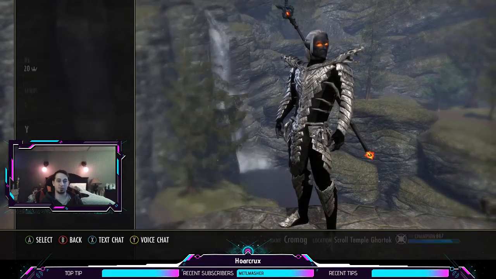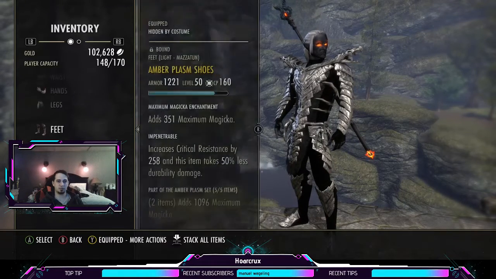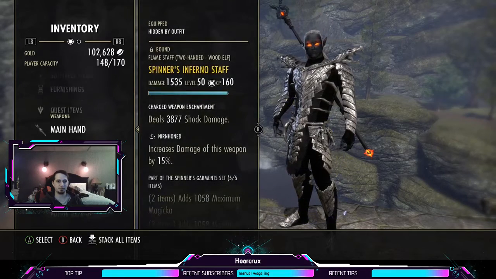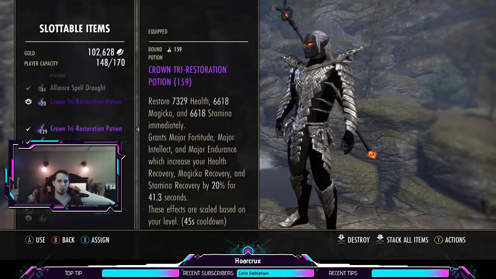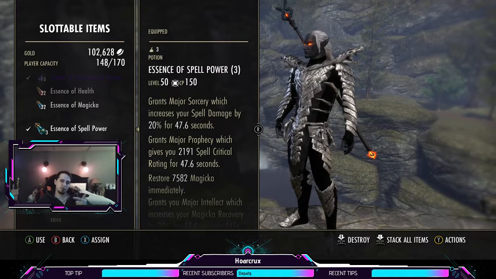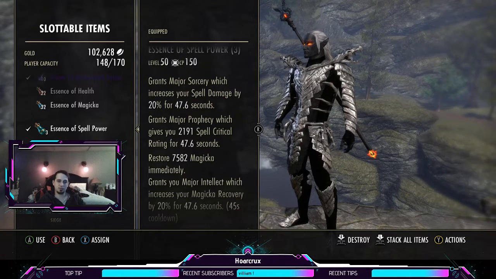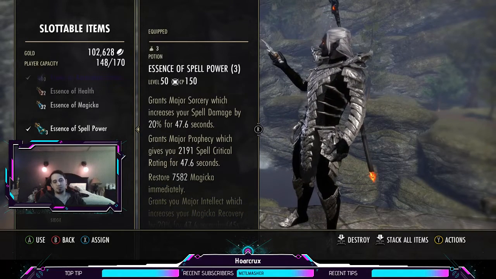So the potions, I guess I should have gone over that first, but oh well. Don't even know where they're at. Now it's up here. Potions wise, if you're rich, run Essence of Spell Power. This gives you the recovery, the crit, and it gives you the burst back, along with your spell damage buff. If you're not rich, like me,